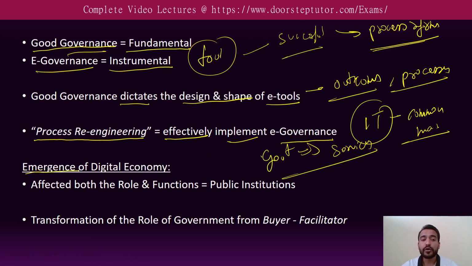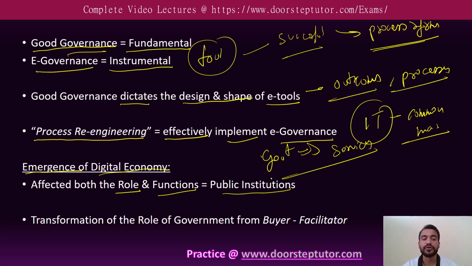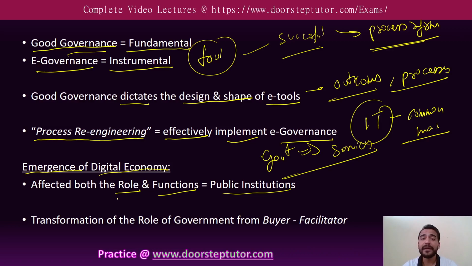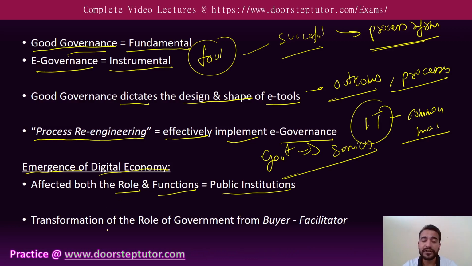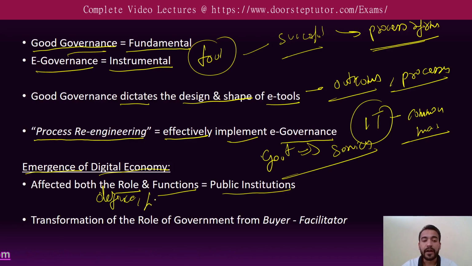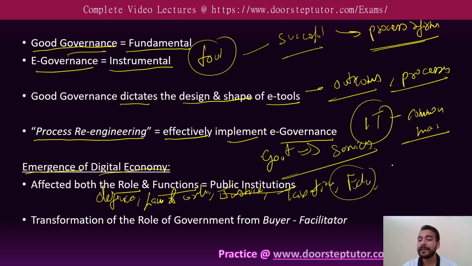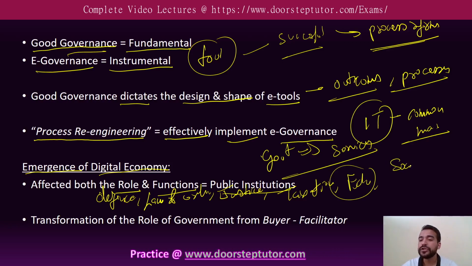Now, let's talk about the emergence of the digital economy, which has affected both the role and the functions of the public institutions. While undertaking the traditional functions such as defense, law and order, justice, taxation, education, healthcare, as well as social equity,